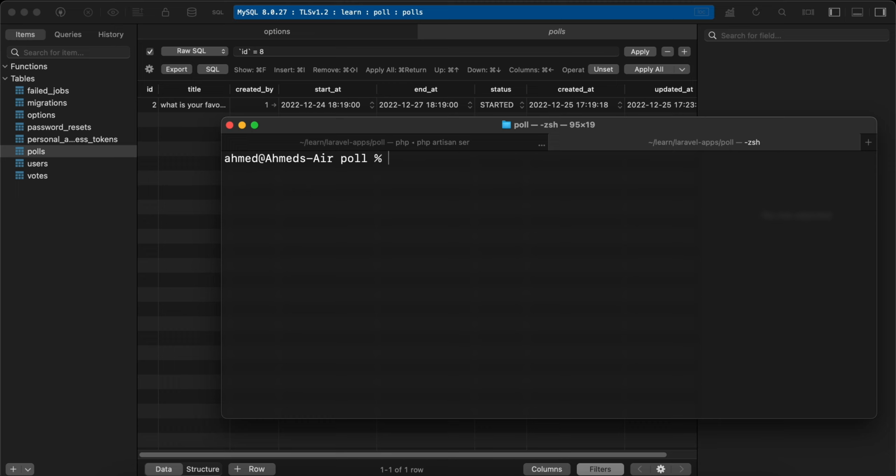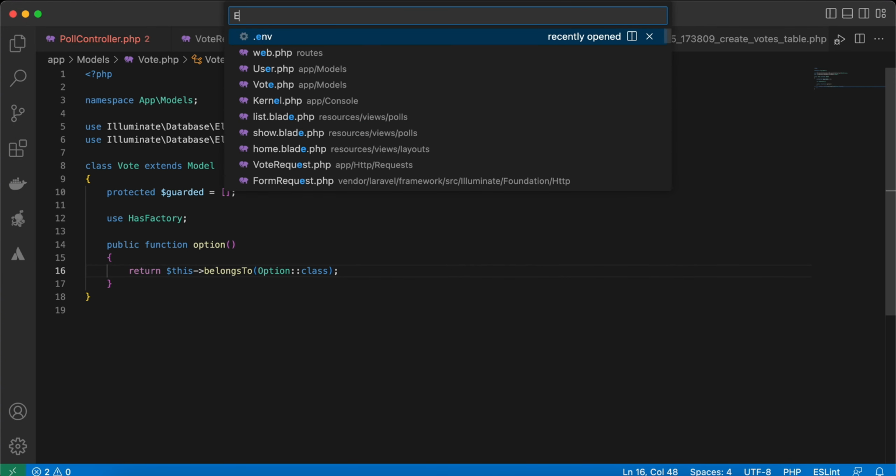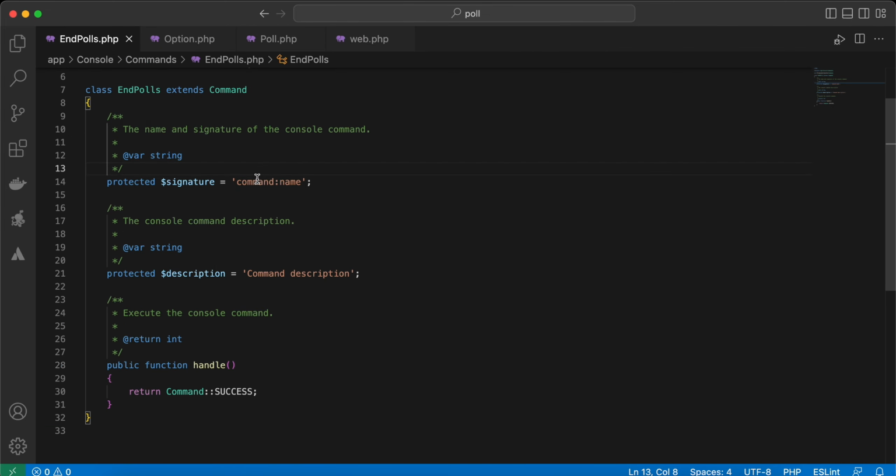So here I will say php artisan make:command EndPolls, right? Back here, and inside EndPolls I need to close them here, close. And inside our EndPolls I will say polls end here, and I will say ends finished or started